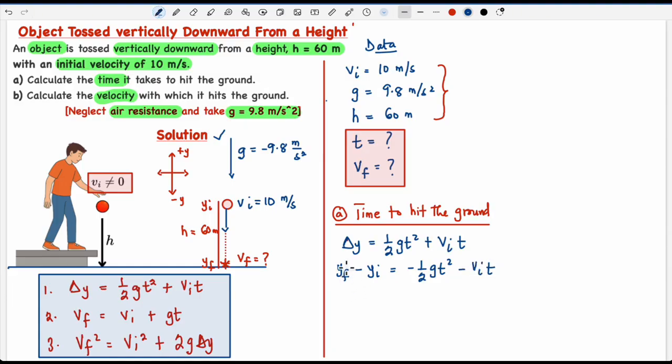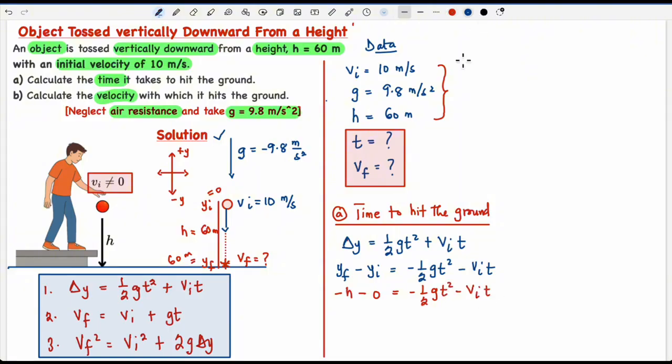Now the y final, which is the final position of this object, is down here. If we take our initial position y initial here to be the 0 point, then our y final should be 60 meters, right? So the position at this point would be 60. So if we do y final minus y initial, so y final in this case, below the 0 point, would be negative h, minus y initial, which is 0, and that will be equal to minus 1/2 gt squared minus